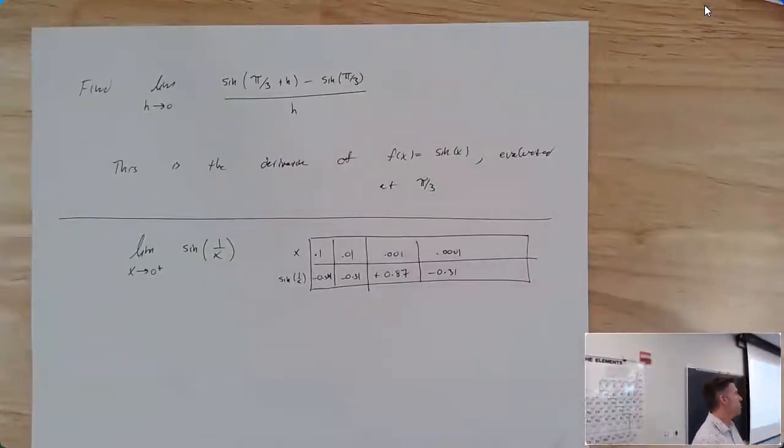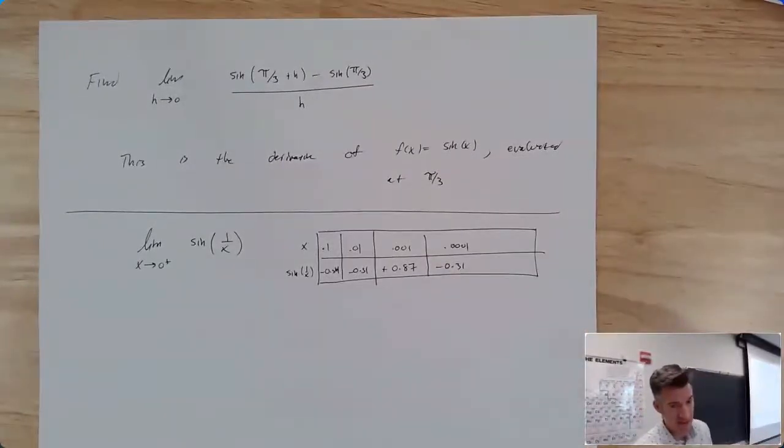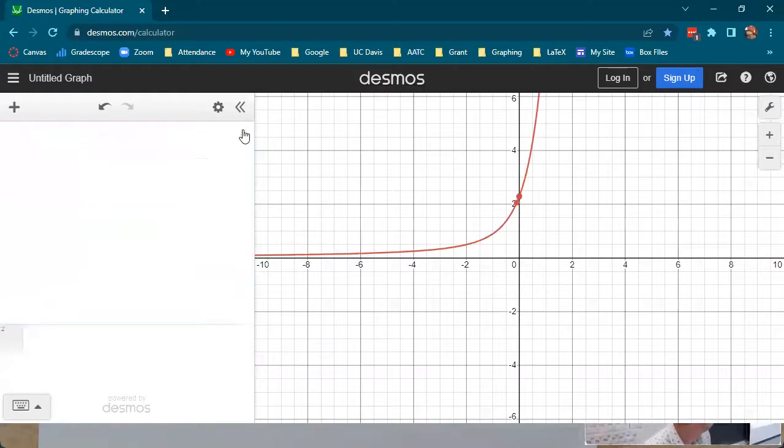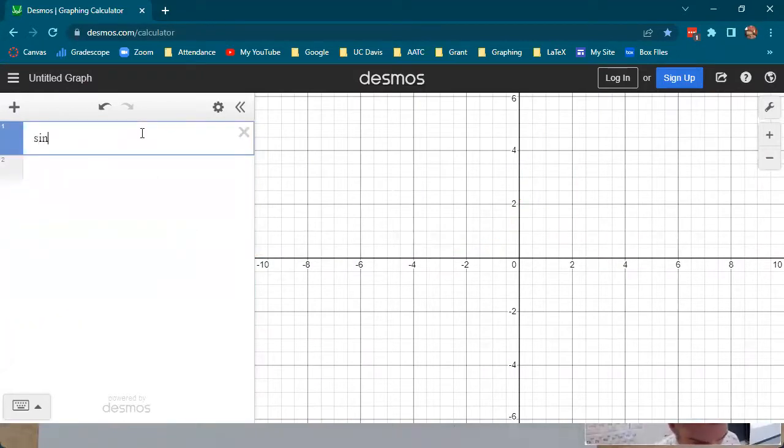So what's going on? This is where I think, especially if you're talking about limits, if you're trying to evaluate a limit, it's really nice to know what the graph of your thing looks like. So if I was trying to figure out what this limit might be, I would probably try graphing it. So if I graph sine of 1 over x